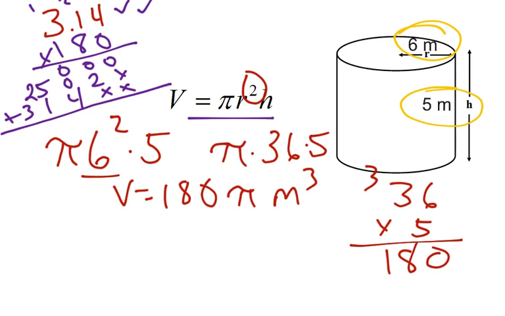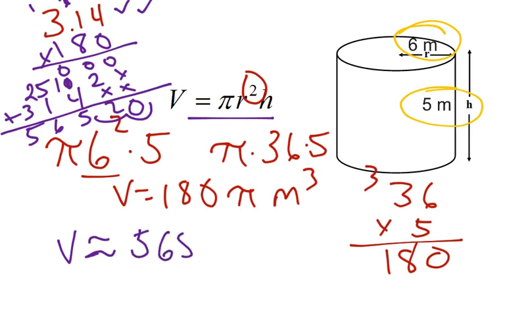Actually, we made a little error here. This should have been a 3, not a 2. So that would have made this step over here a 1 and not a 0. So that's good that we caught our error. Then we add up our totals and move our decimal 1, 2 spots. So our volume is about 565.2